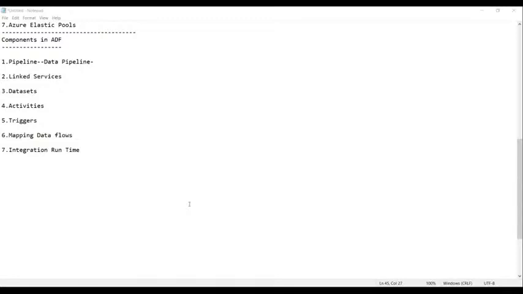Here it is the same thing. In ADF, the pipeline carries the data from the source to the target. What is a source? A source is where you get the data, and we pick it up and perform the process of ETL. Ultimately, we load the data into what? Into the destination.